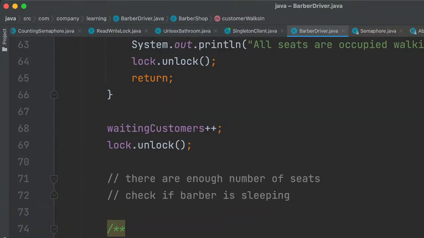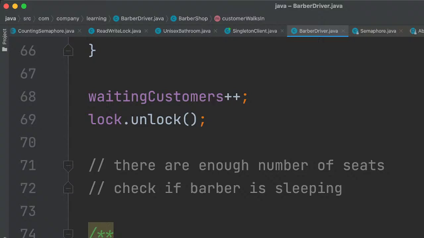Semaphore release operation, I think it will increase the permits. Each release has a permit, potentially releasing a blocking acquirer. It returns the number of currently available permits. So release will obviously increase the permit count.